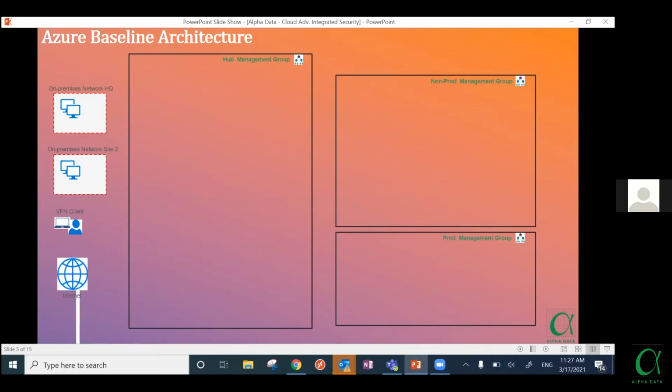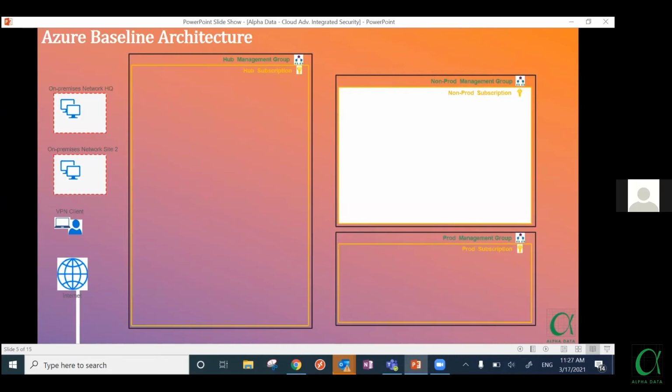So whatever the services being used by your entire application or team, or any other services in your environment, the hub will be hosting that. So the topology here is the hub and spoke topology. I will discuss that once I complete the entire slide. But the initial stage of creating a baseline architecture starts with your management group, right?